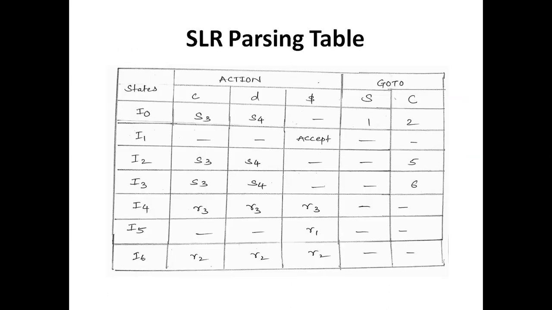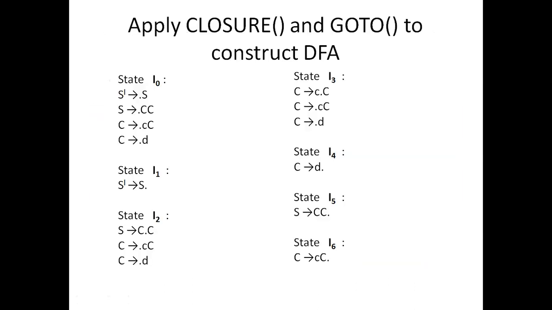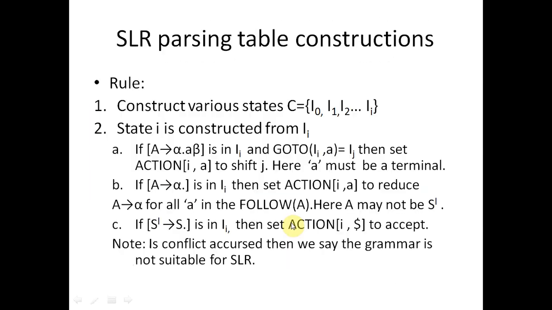So where will it be written? I0 on receiving c, it is written as shift 3, on d it is written as shift 4. Now no dollar is there, so a dash is written here. Now we'll go for I1, I2, I3, I4, wherever it is receiving a terminal symbol, all the states we have to search. So I0 state is over. Now we'll come to I1, no terminal is received, but I2 is receiving small c and small d. I2 on receiving small c goes to I3, I2 on receiving d goes to I4. So the same thing will be written here.